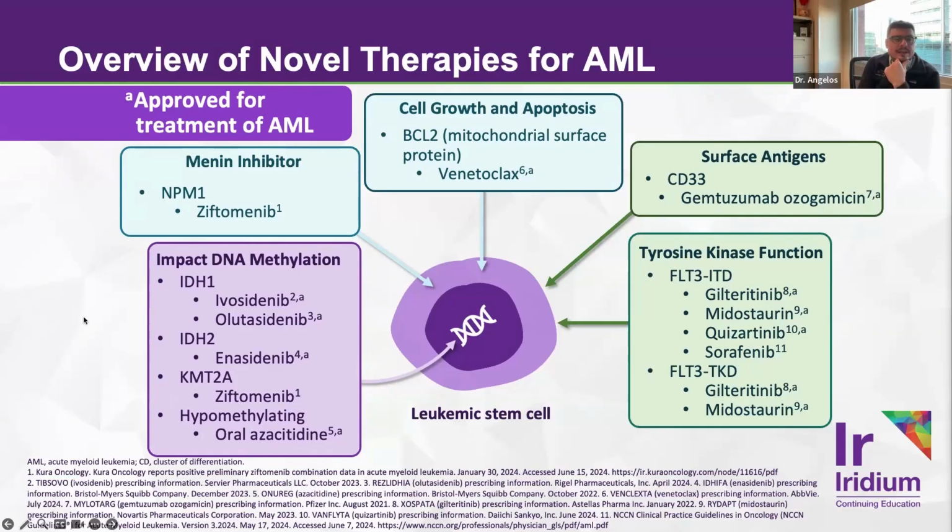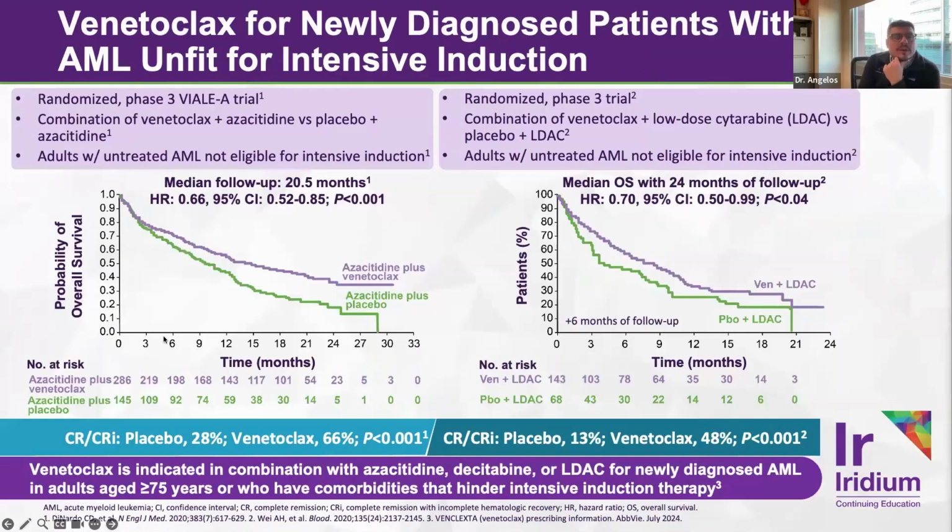And then very excitingly, this past month, we now have an FDA approval for ziftomenib for individuals that have an NPM1 mutation. So as a reminder, the original targeted therapy was venetoclax in the last 15 years. This is a drug that targets BCL2, which is an anti-apoptotic protein. This was validated in the phase 3 registrational VIALE study.